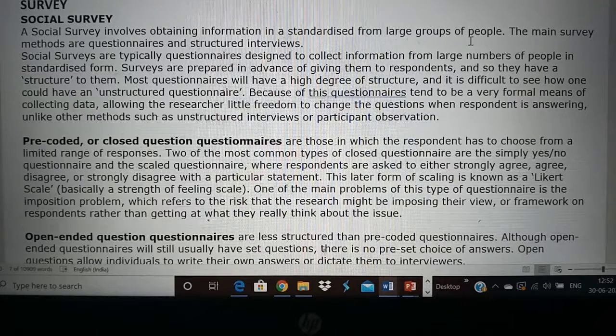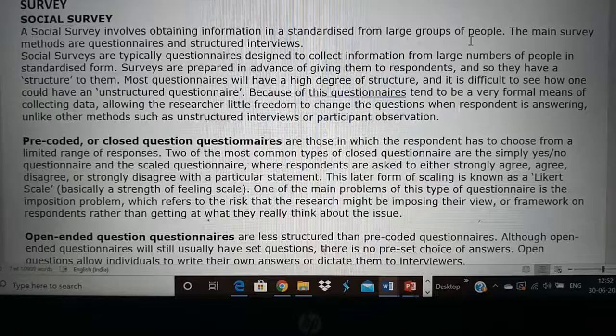So usually interviews and questionnaires are used in this survey method. You can give the survey and tell the people to fill it, and the people who fill it are called the respondents. The researcher has to make the questionnaire based on what the research is about. You are the one who is going to do the research, so you create a questionnaire based on what you think is important to answer your research question.